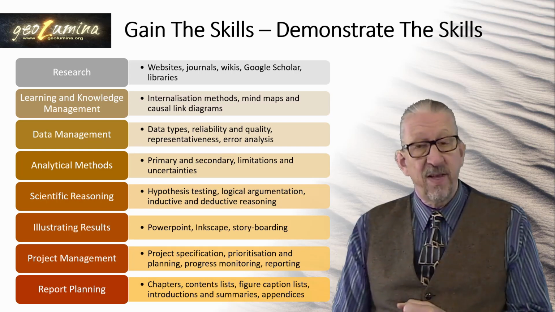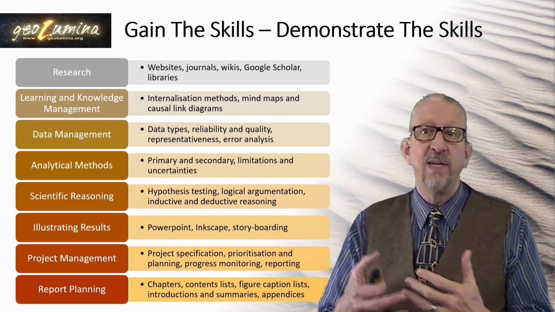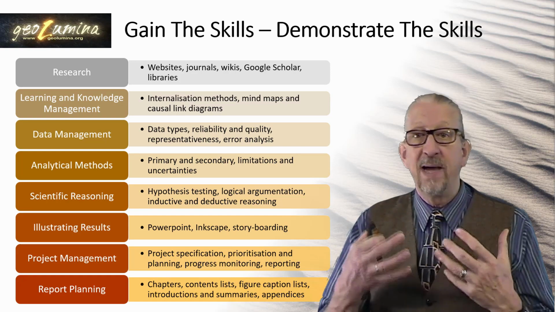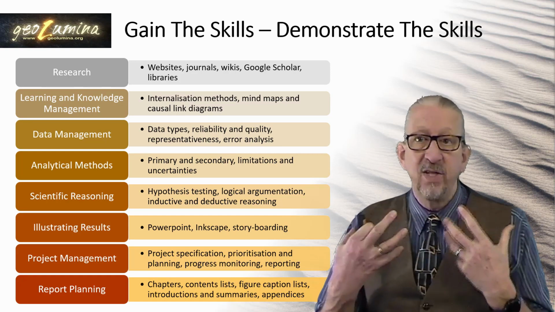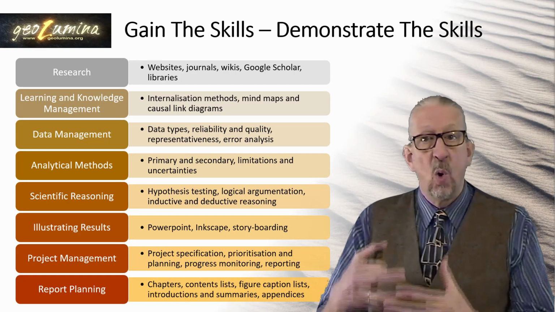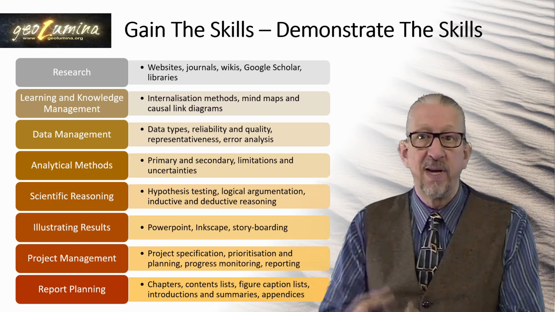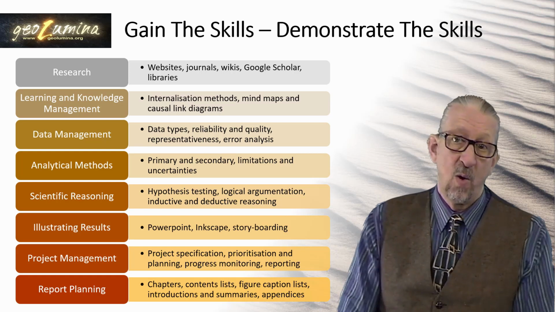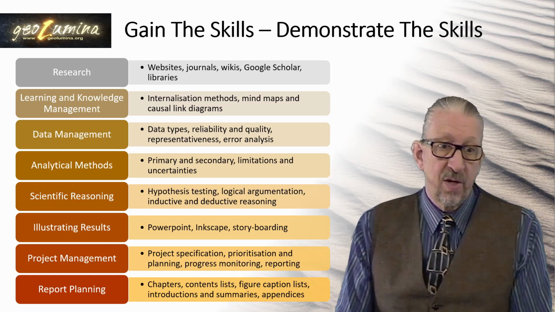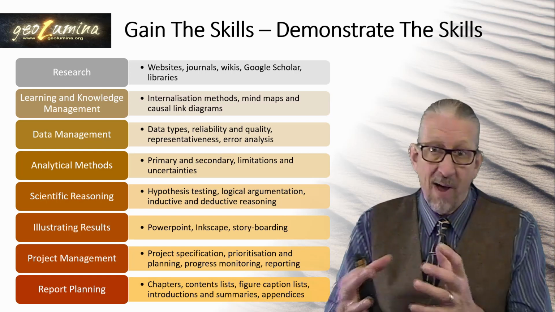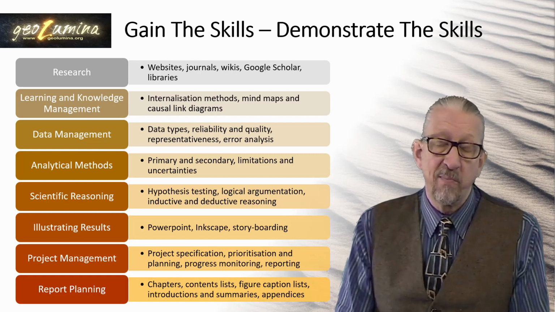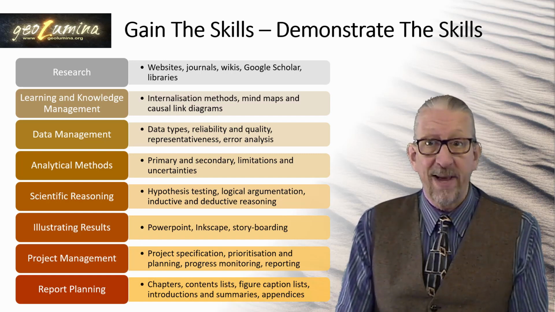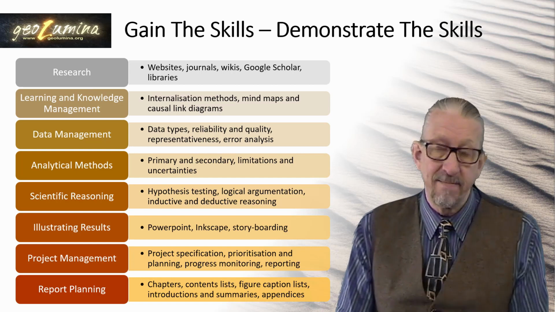Then, once you've gathered the information, how do you actually internalize it? How do you learn? How does it become part of your internal reference system? Or how do you store information in IT systems so that it can be easily retrieved when you need it? So learning and knowledge management go hand in hand, and they are, again, very important skills that we need to recognize, to practice, and to master.